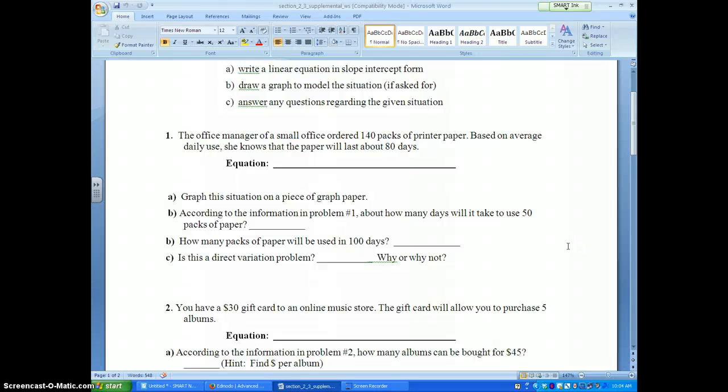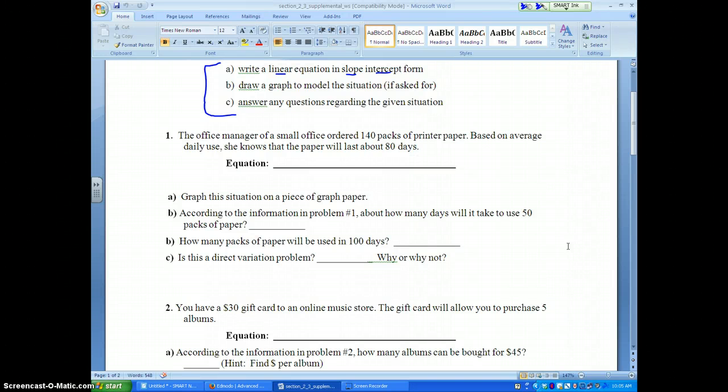The last part of section 2.3, we're going to study linear situations and how it applies to some things in real life. And you have a supplemental worksheet where there's 6 different problems that deal with certain situations in life that are all linear. And the goal is, as your directions say at the top, letter A, write a linear equation in